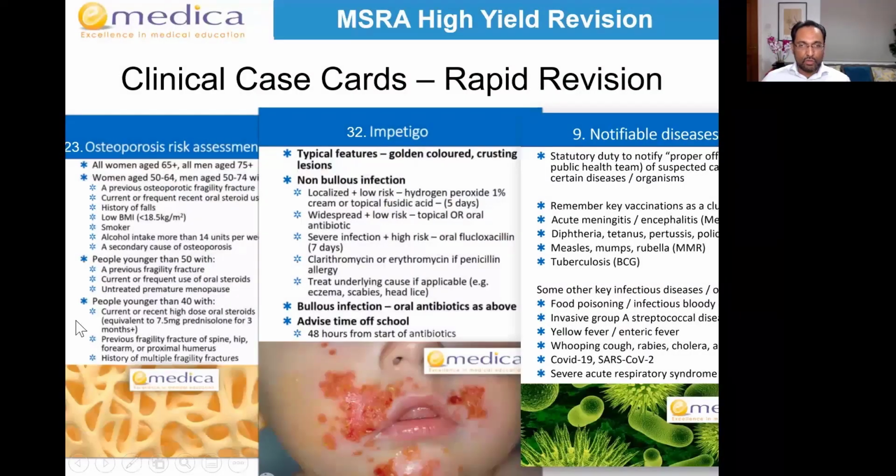Okay. So, for example, we've got the current guidelines for impetigo, which includes, for low risk, non-bullous, that actually, if it's localized, you can use hydrogen peroxide. Notifiable disease, updated to include SARS-CoV-2 and COVID-19. They were only added in recent times, okay? The new acne guidelines, which again, very recent changes, all right?